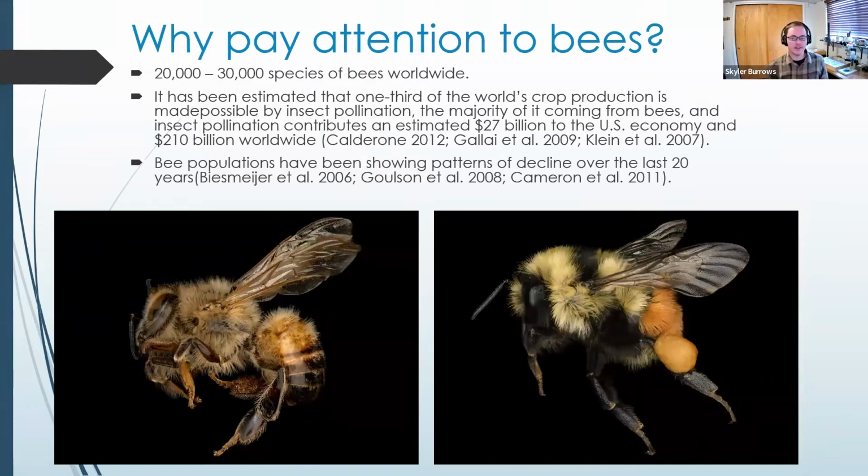Bees, there are 20 to 30,000 species of bees worldwide, so they're extremely diverse. Honeybees, which is this one here again, that's just one species. We have one species of honeybee here in the US, and it's an introduced species. We actually don't have any native honey producing species of bees here. So honeybees, I think we all know, are important. We all, or most of us, like honey,